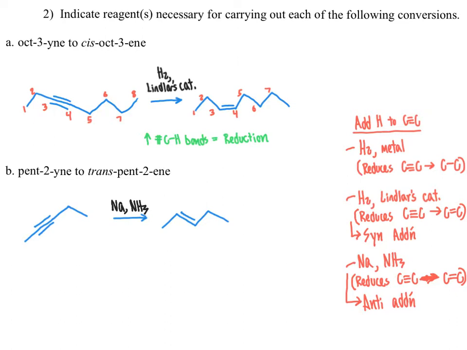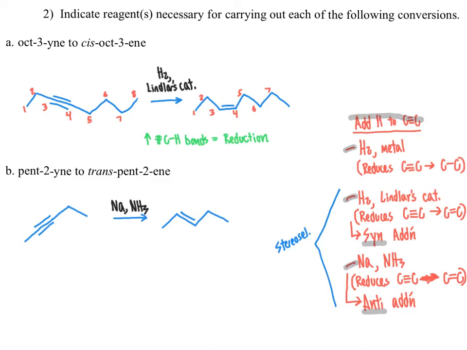So with this, we have used these problems as a way to review and highlight the three main ways that we learned for adding hydrogens across the alkyne group to give an alkane, or to give an alkene with syn addition, or alternatively, to give an alkene in a stereoselective reaction via anti-addition. These latter two reactions are both stereoselective,